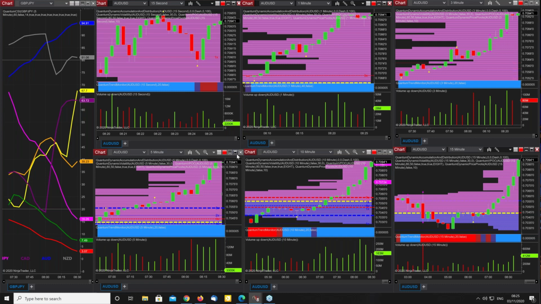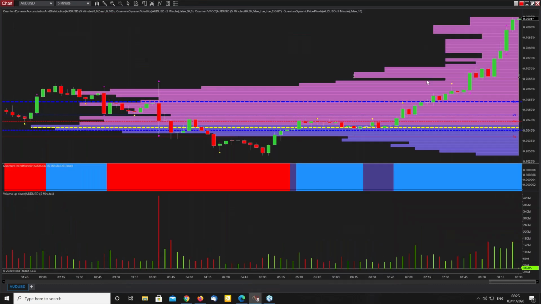Let's just pop up the 5 minute. And you know, we're seeing higher volume on this candle, lower volume on that candle, which is curious, because this is a widespread candle, and yet the volume here is pretty much the same as the previous one. And now we've got higher volume coming in here, and yet the spread is maybe half or 2/3 of the previous candle. So maybe that's giving us an indication that perhaps this strong trend that we've had, which has developed a really nice move of 40 or 50 pips, is now starting to perhaps become a little bit tired, a